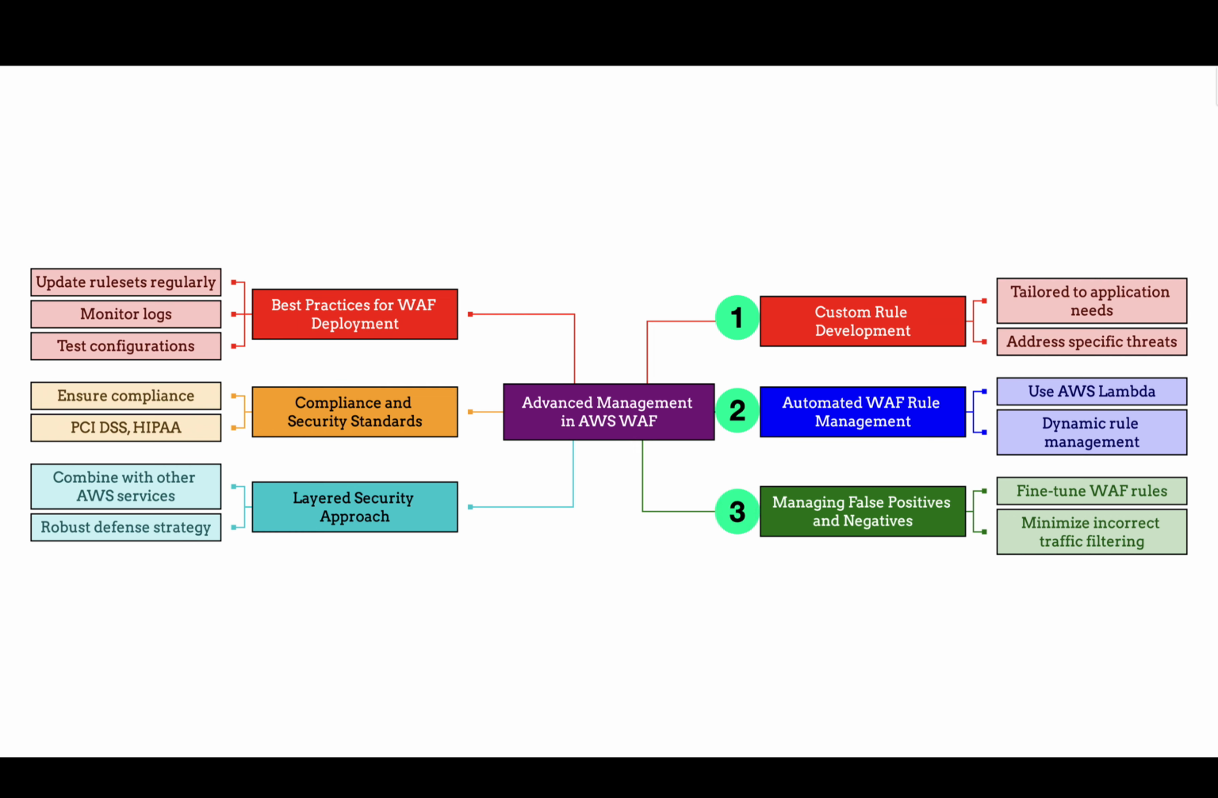3. Managing false positives and negatives, fine-tuning WAF rules to minimize incorrect blocking or allowing of traffic. 4. Layered security approach, combining AWS WAF with other security services for a robust defense strategy. 5. Compliance and security standards, ensuring compliance with standards like PCI DSS, HIPAA, etc., through proper configuration and deployment of